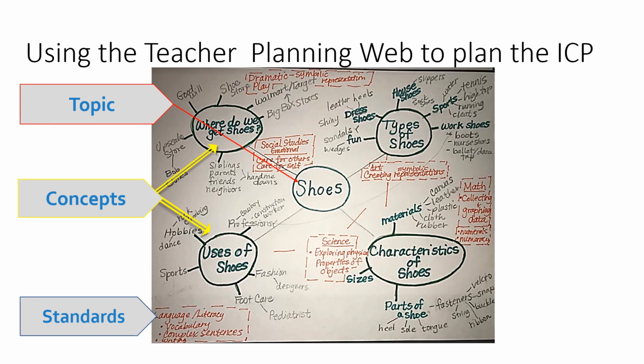Then you start integrating in, as you can see with some of my squares with dotted lines around them, you can see how I have integrated and placed where there may be opportunities to integrate standards. I did not list all the possible standards on this initial draft. Rather, I was thinking about ones that might really be predominant that I would focus on. Because I'm working in a preschool classroom, that's the vantage I'm using, I would know that my children would want to do a lot of play in a shoe store. So I'm going to make sure I integrate symbolic representation through play.